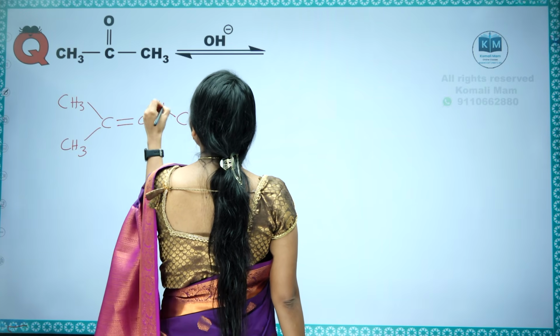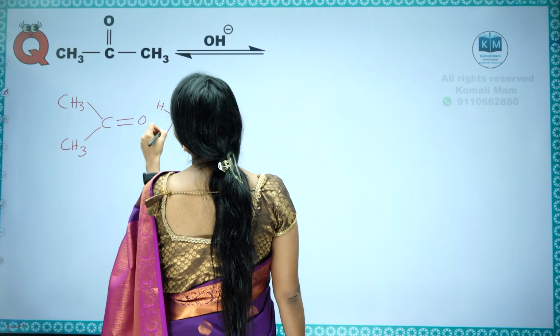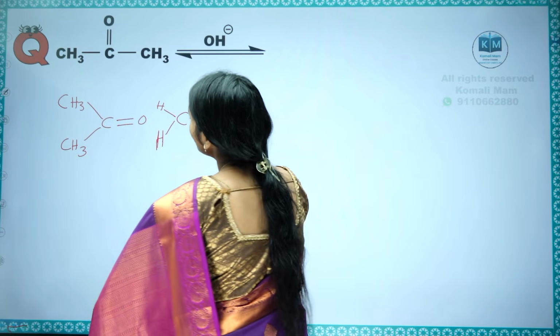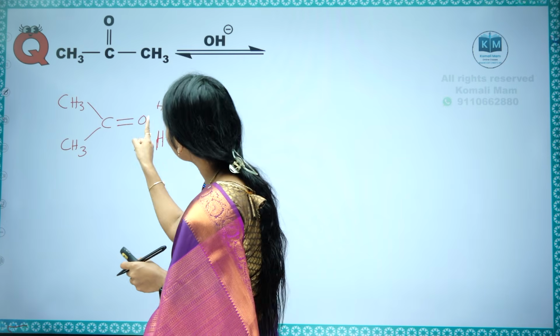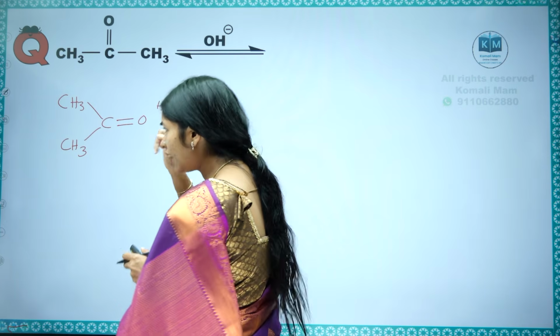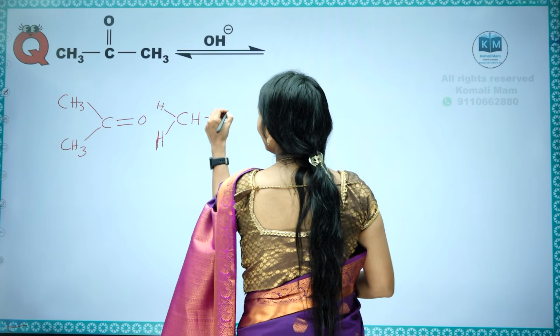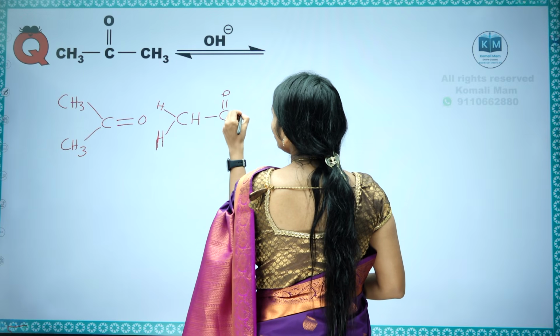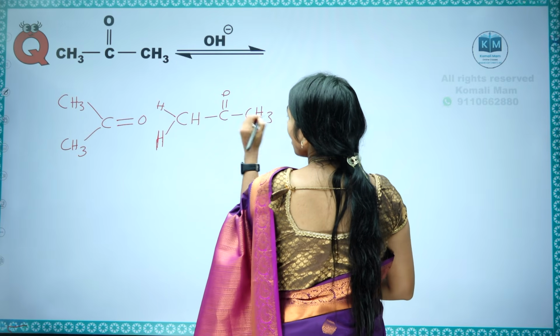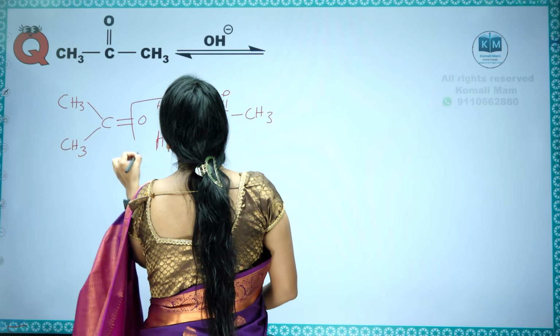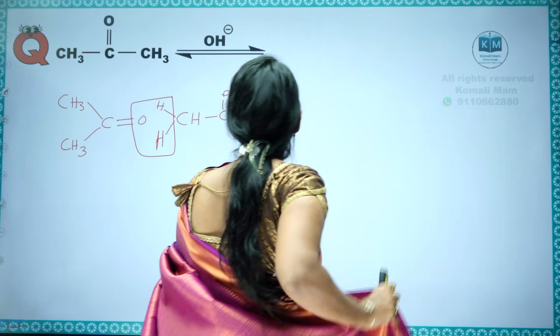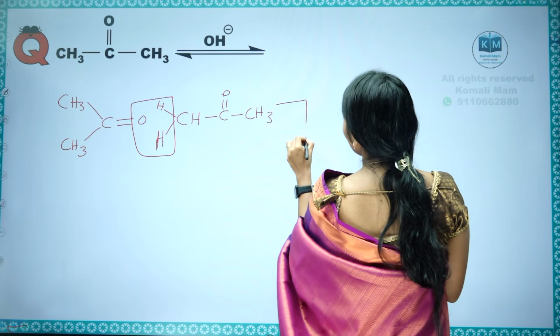Ma'am, why did you write acetone like this? Because I just want to remove oxygen. So however you write it, no problem. You just have to remove oxygen, keep that in mind, and two hydrogens. To remove just two hydrogens, I am writing like this. However you represent it, no problem. One oxygen and two hydrogens go out, and finally what will we get?